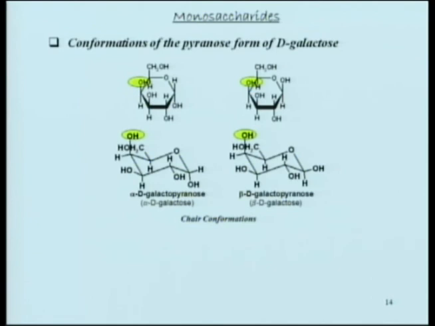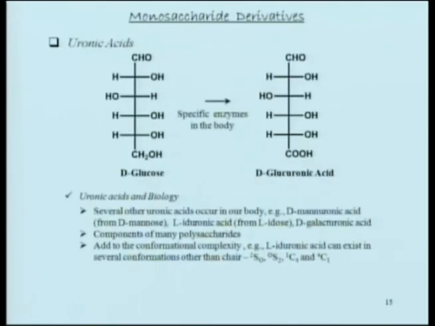Why? Because if this moves over into the equatorial form by a flip, then that will move over into the axial form, and that will create a bigger steric problem, and nature would choose the least energy path. So this is how conformational equilibrium can be defined at a very simplistic level. Obviously, there are molecules for which conformational equilibrium is way more complicated, and we are going to see that in just a little while.